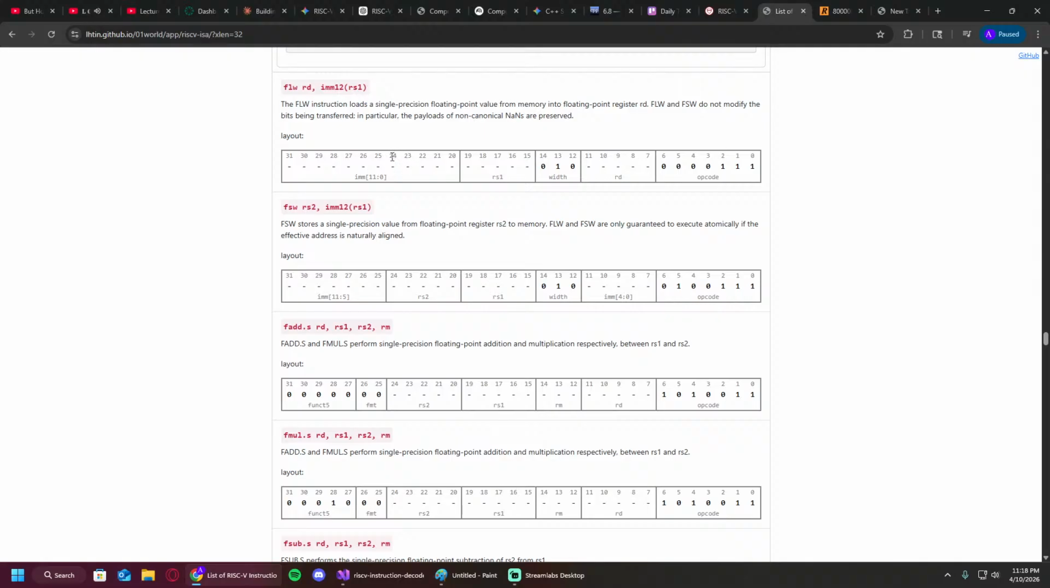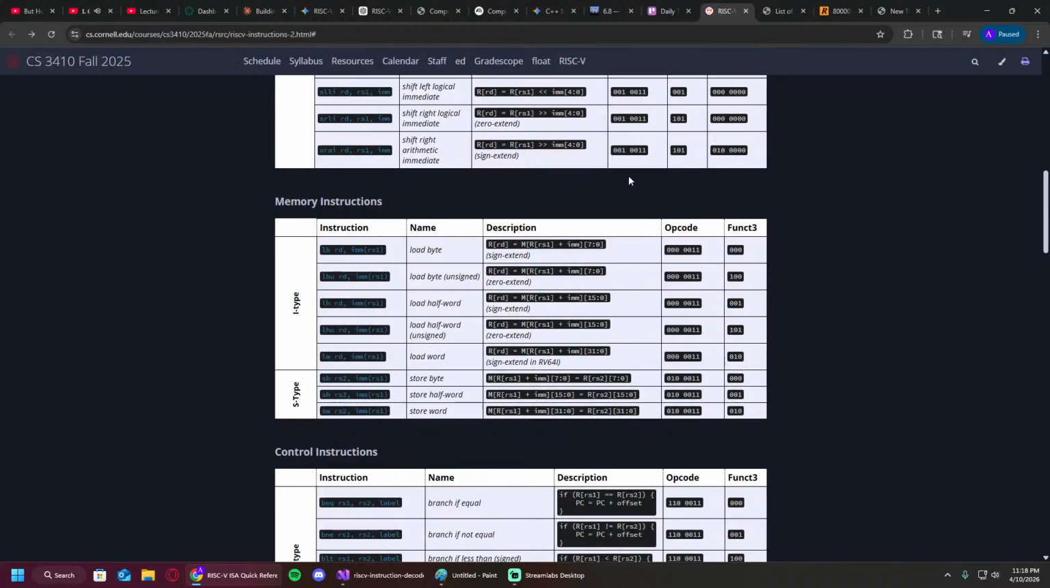Alright, so for FSW, we have the immediate. The upper immediate here takes about 7 bits, I'm pretty sure, 7 bits. And then we have another immediate, which stores about 5 bits from 7 to 11, for these floating point instructions. But let's see. So in our store, it's